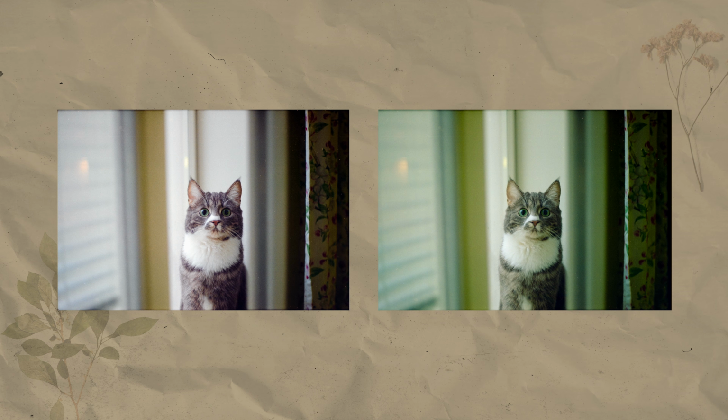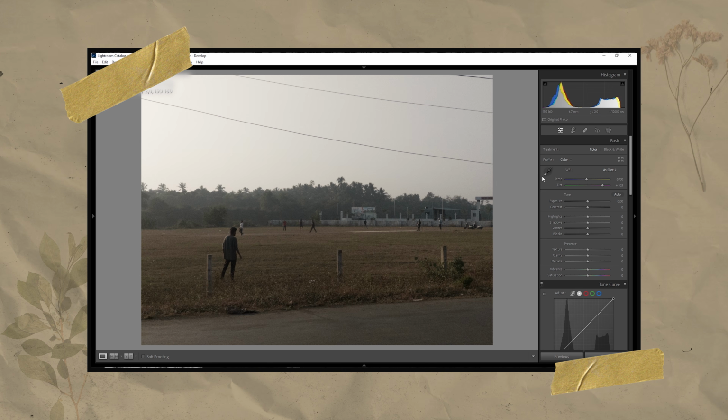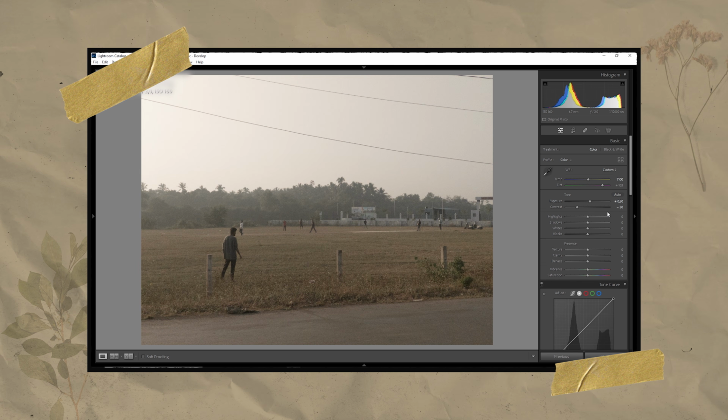So here is the before and after of the positive. Next up, I've got this great shot by Kaustubh Patel, who wrote that this shot was shot on his phone, which seems to be able to shoot RAW, and so luckily there was enough data to really bring out the best of this photograph. So as always, I started off with the basics and did pretty much my standard process,